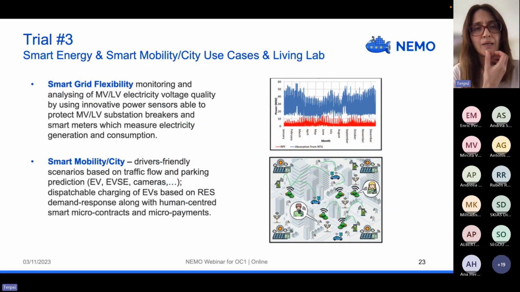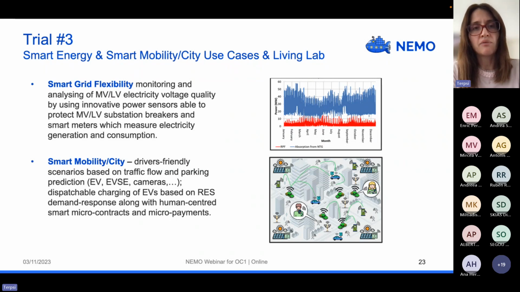We have one case regarding smart grid flexibility monitoring. Here the aim is to increase smart grid stability and security. This is done by receiving traffic from smart meters and power sensors, and applying machine learning operations on those.